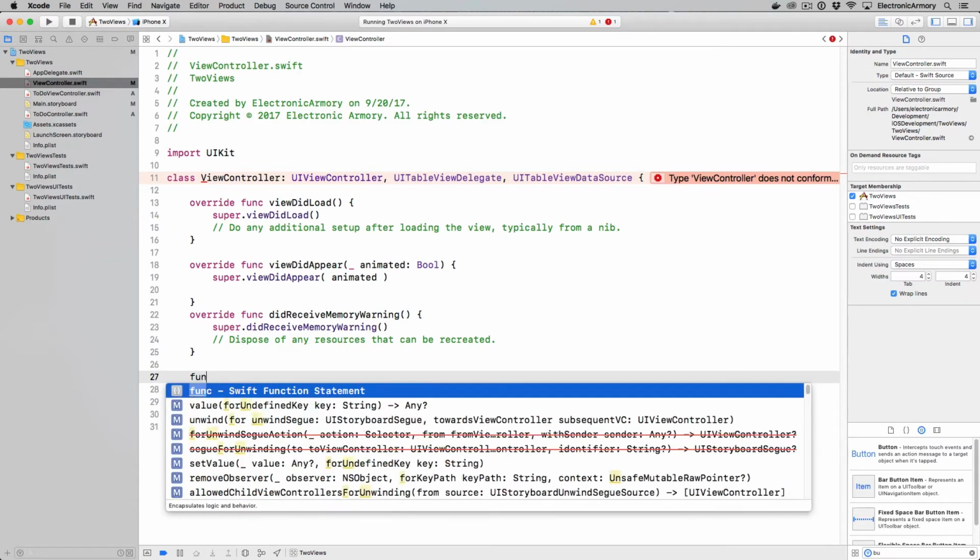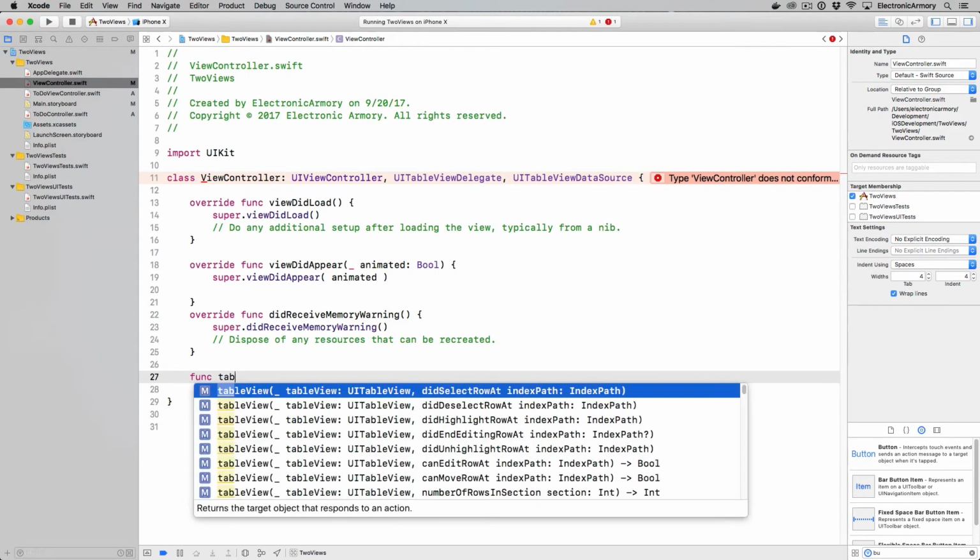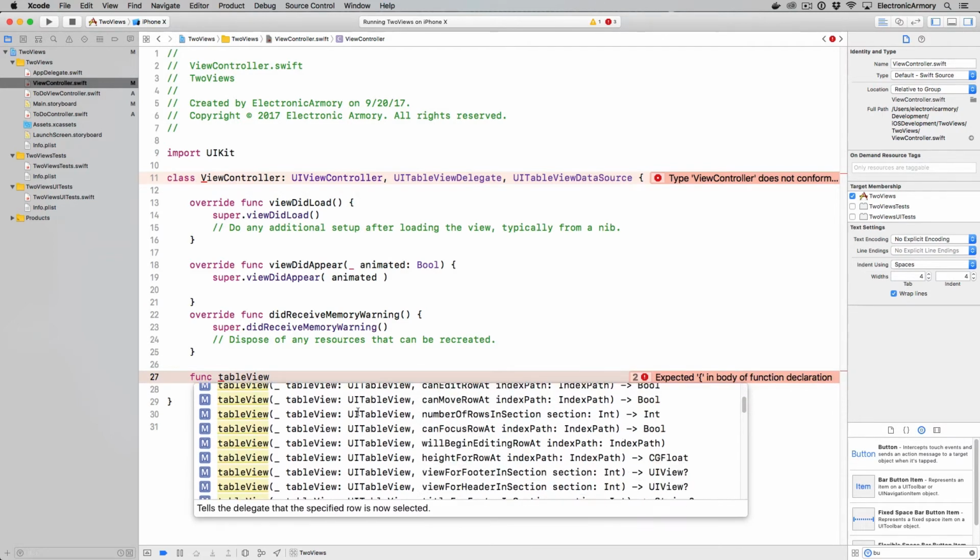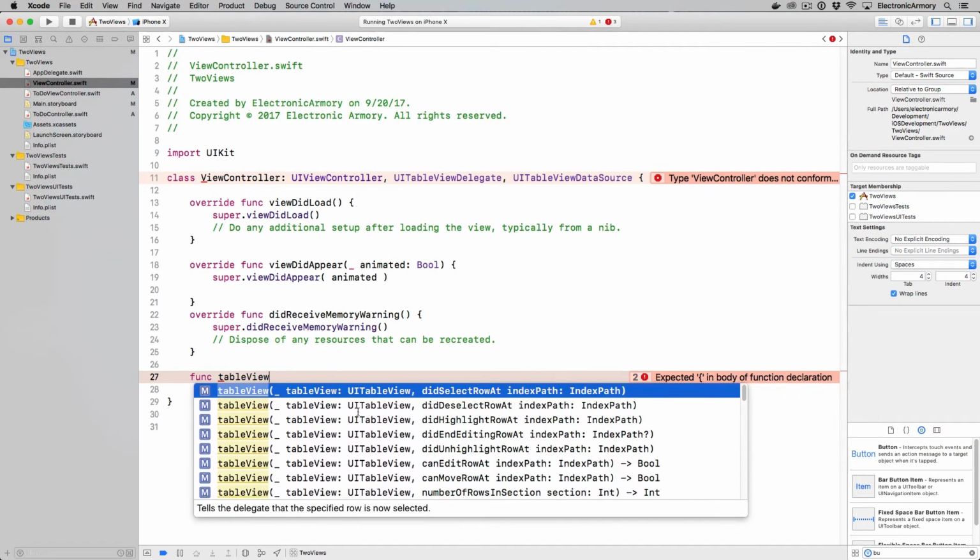So if you just type in func and just type in Tableview, it'll give you all of the Tableview data source functions as well as the delegate functions. You can scroll up and down to see what these do. What we're interested in is our Tableview is going to ask this delegate or our data source, how many sections